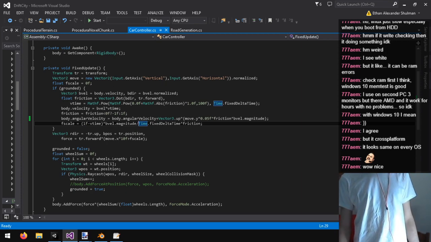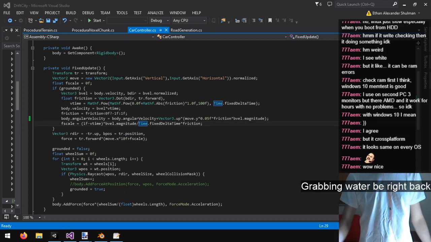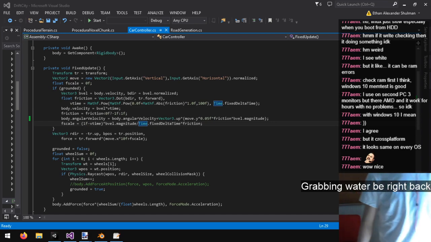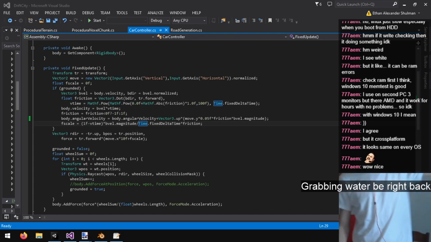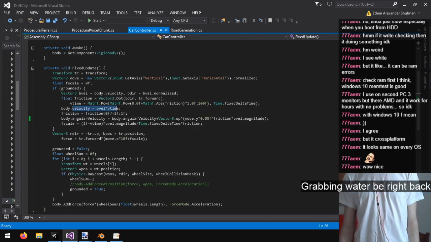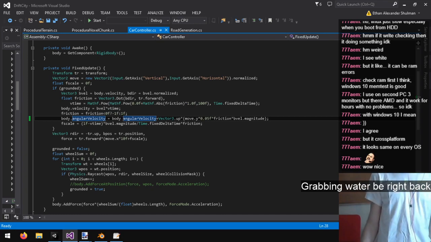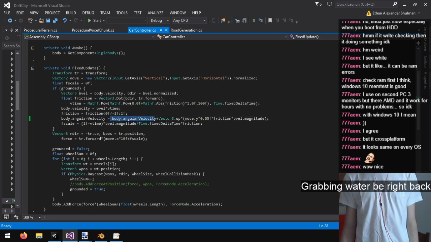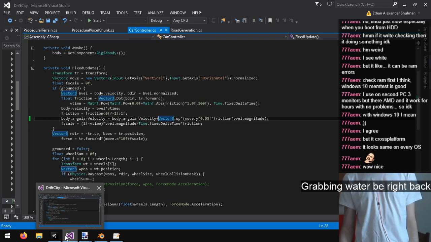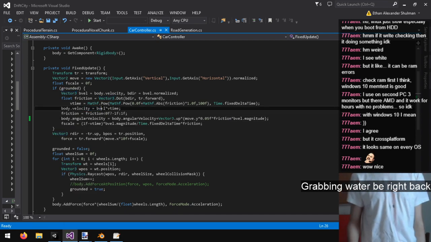I'm gonna go get some water, come back, and probably just stand around here thinking about ways to do this, because I need to figure out a way to shift the velocity and angular velocity depending on the wheel friction and turning, except I need to keep it so that the car can still fall off of things. I can't completely set the velocity because I still need the car to be able to fall off things.